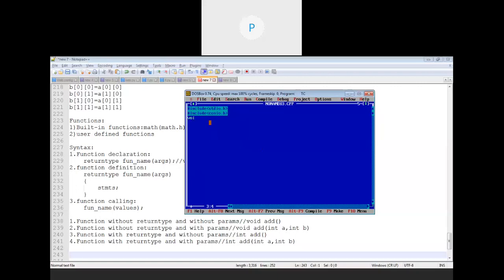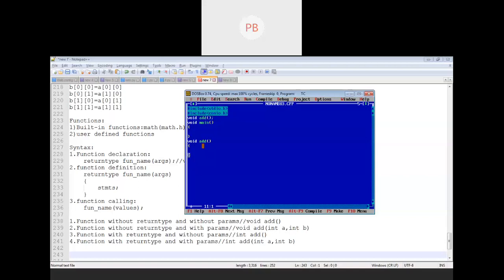Okay, like void add. I have just declared the function over here. Then we will take a void main. We'll write the code for void main later. Now I need to define that function. So if we are defining a function outside main, means after the main method, then only you have to declare it first. Means this part is mandatory only in this case.